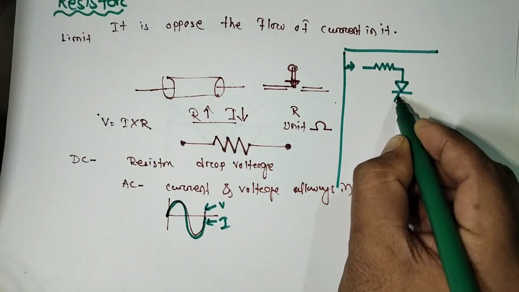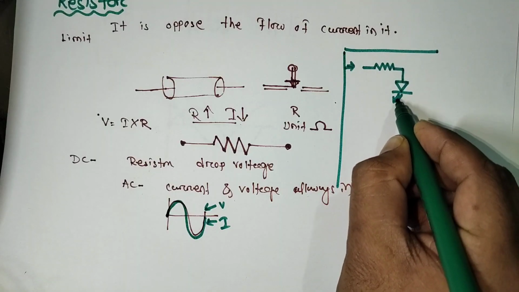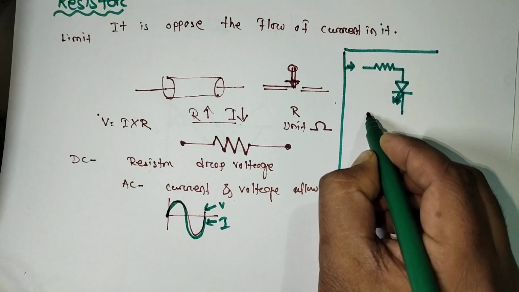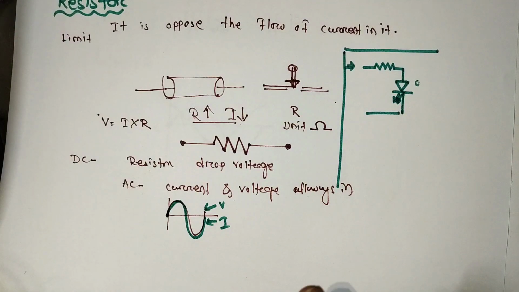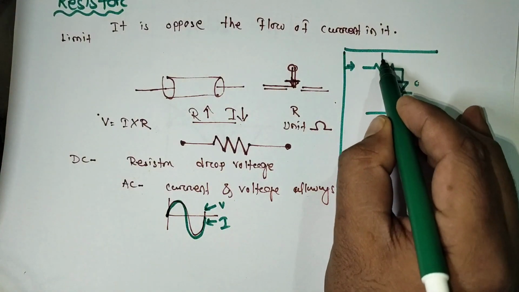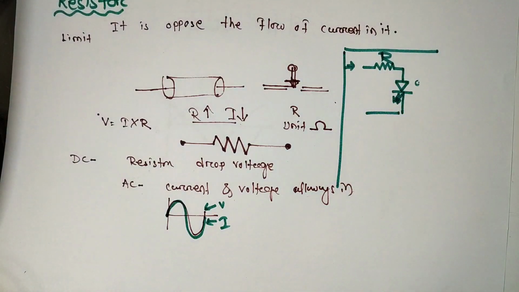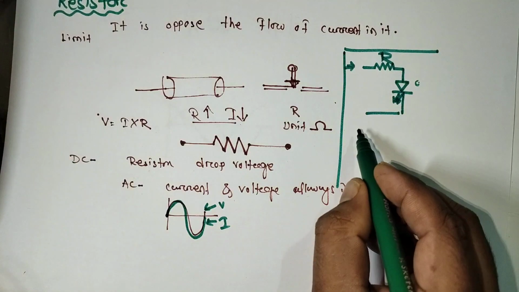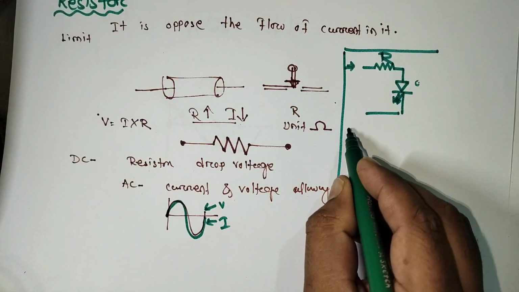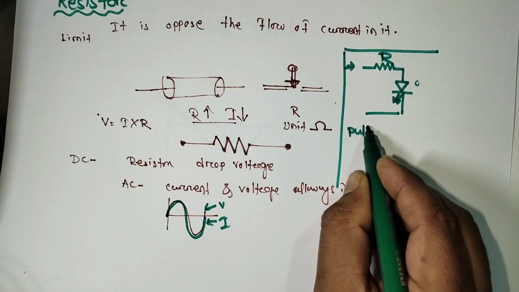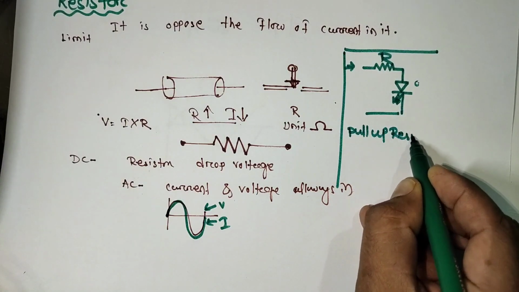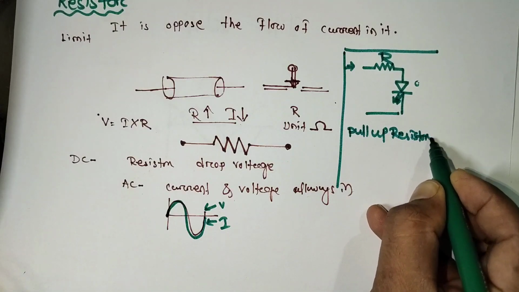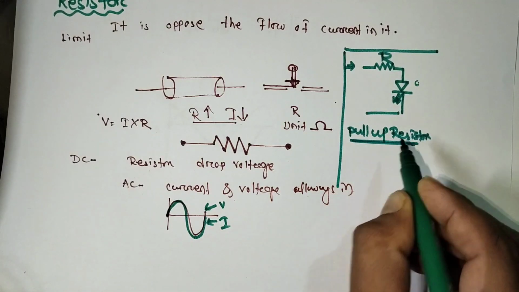It will limit the current so that the LED operates smoothly. If we increase the current, the LED will burn out or be damaged. Then somewhere in pull-up resistor concept,